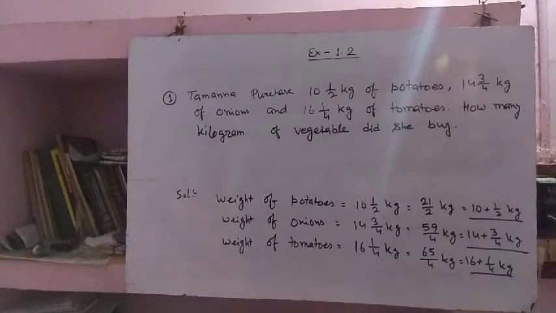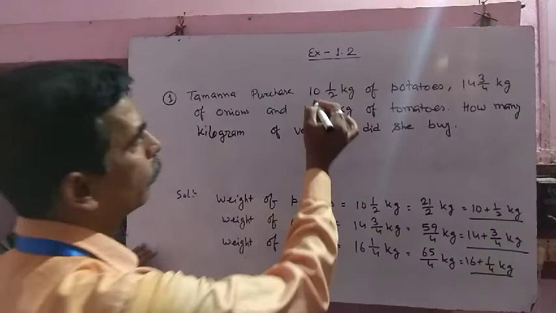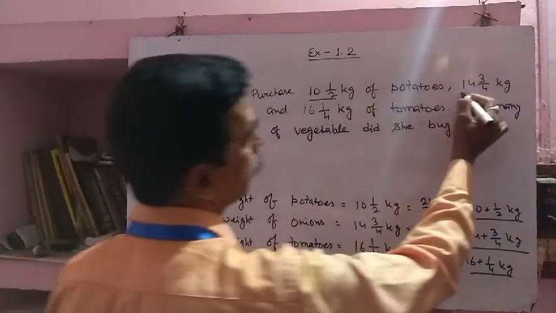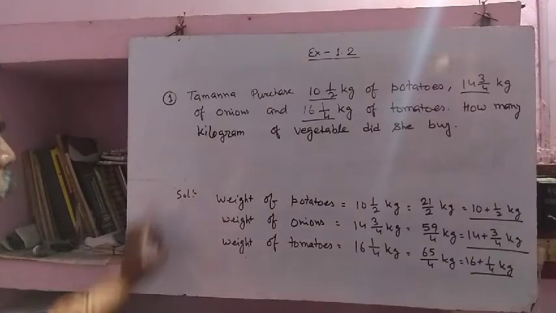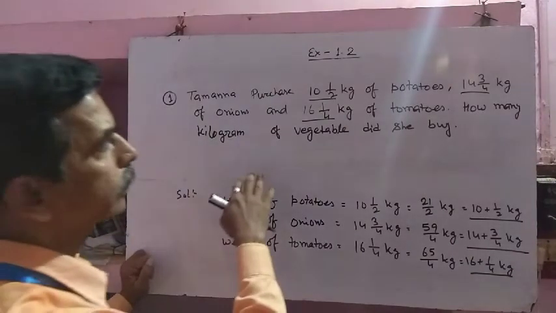Look here, today we discuss how to add rational numbers. The numbers are actually in the form of mixed rational numbers, okay? Mixed fractions. So, in case of adding these values,